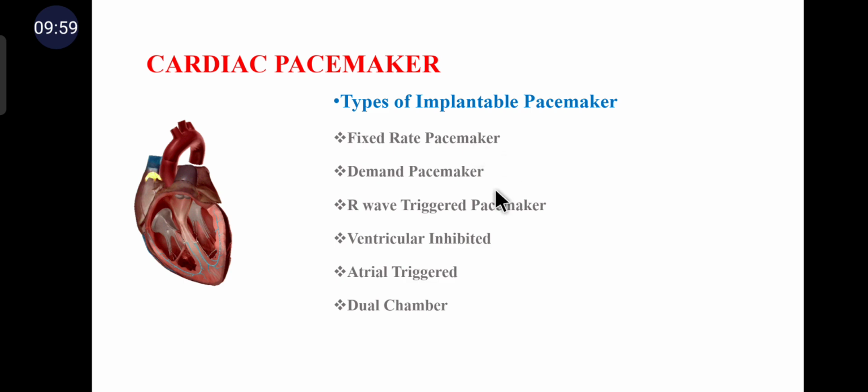Coming to demand pacemakers. These pacemakers have gradually almost replaced the fixed rate pacemakers because they avoid the competition between the heart's natural rhythm and the pacemaker rhythm. The demand unit functions only when the RR intervals of the natural rhythm exceed the preset limit. Coming to the next one, the R wave triggered pacemaker. The ventricular synchronized demand type, that is the R wave triggered pacemaker, is meant for patients who are generally in a